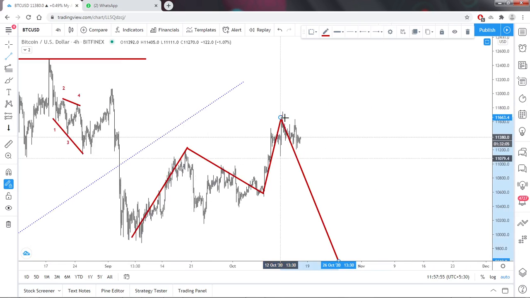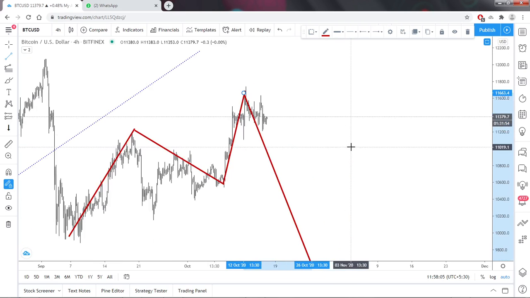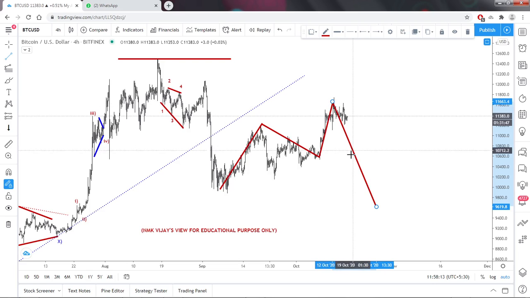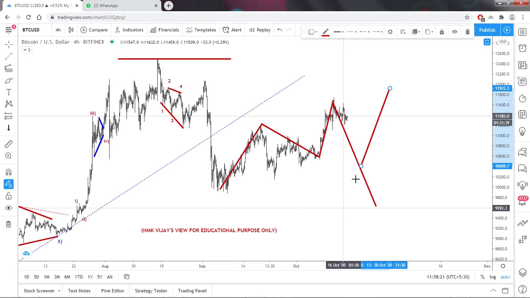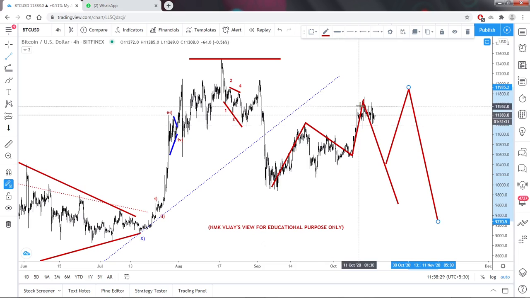If it is A, B, C, then here also we are in the A, B, C. So this is A and B wave, so C has to be very fast, and it's not the price action that I'm looking at here. So I'm thinking it may be another connecting wave, and again that will be WX, and again one more wave to the upper side is also possible. After that it may come down. So that is what I'm looking for in this price action.